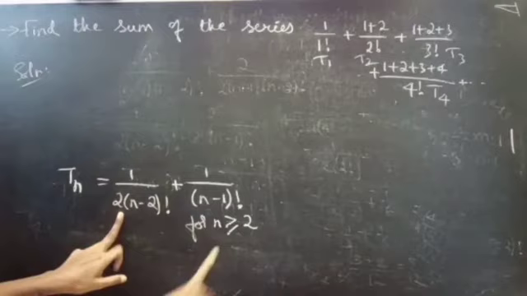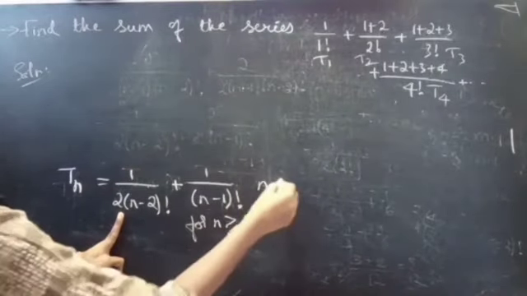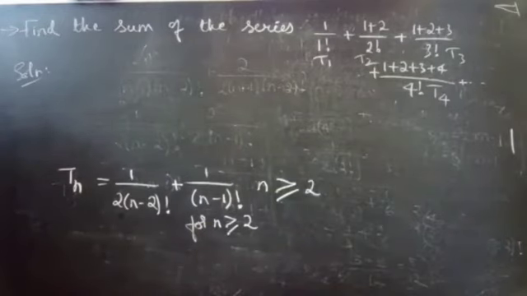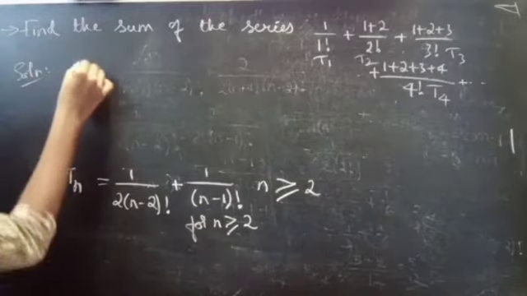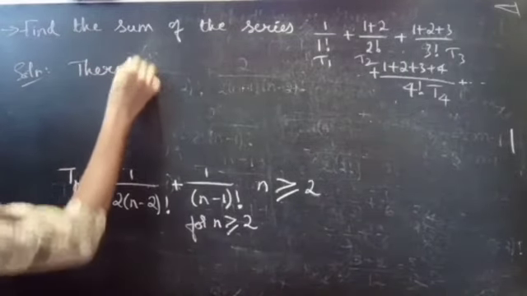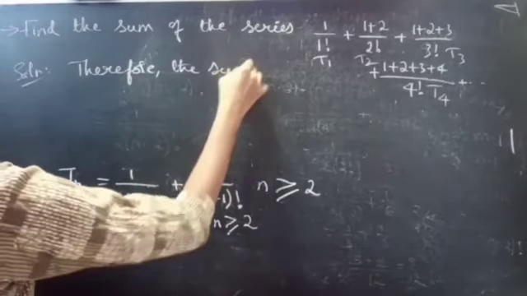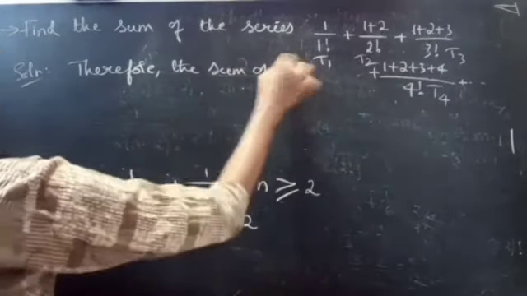So this is for n greater than or equal to 2. So now we are going to find the sum of the series. Therefore, the sum of the given series is,